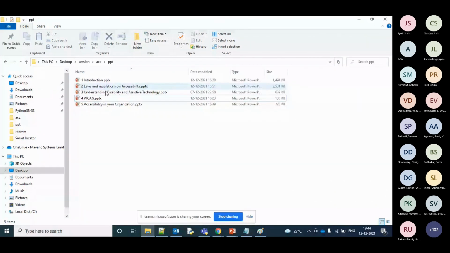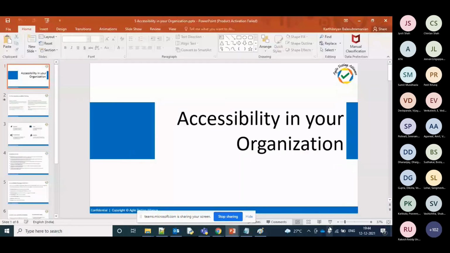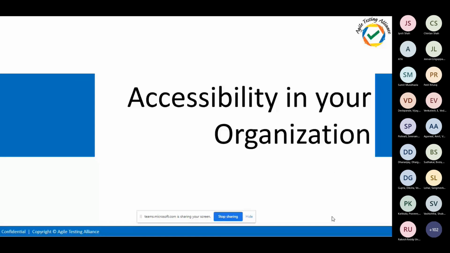Right now, I think you got some understanding and some importance about accessibility. And you might be asking, Karthik, if I want to implement accessibility in my organization, what do I need to do? There are a few standards and points that need to be considered. It comes as part of your activity, and sometimes it comes as part of your role itself. We'll be looking into those things, and then I'll give you a few suggestions and tools.